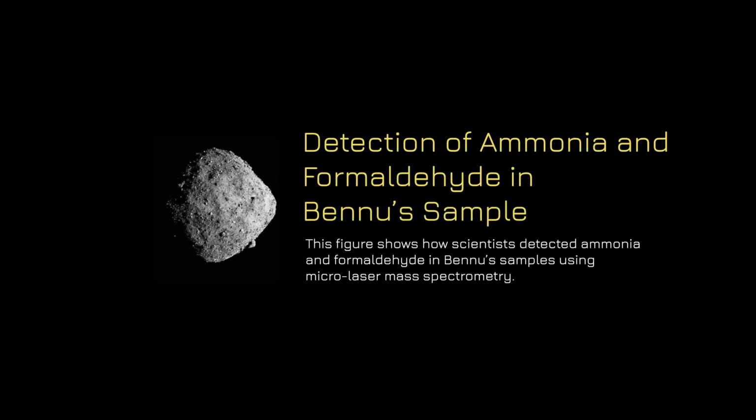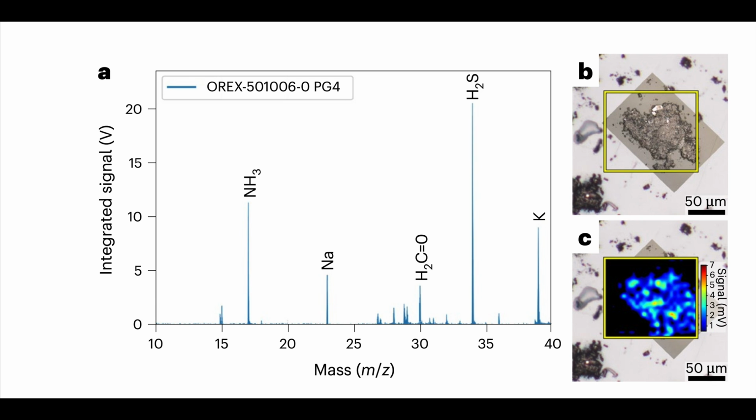Detection of ammonia and formaldehyde in Bennu's sample. This figure shows how scientists detected ammonia and formaldehyde in Bennu's samples using micro-laser mass spectrometry. This figure shows how scientists detected ammonia, NH3, and formaldehyde, H2C=O, in samples from the asteroid Bennu using a special technique called micro-laser mass spectrometry,